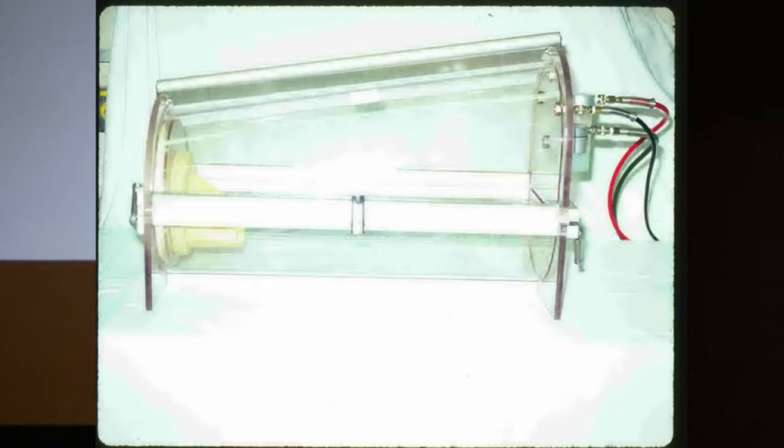I mentioned very briefly earlier about the limb chamber. The reason that we say hyperbaric is when the whole body goes inside the hyperbaric environment. This is called a limb chamber. People would put their arms in there, put their legs in there, and they would increase oxygen around it. They would call it hyperbaric medicine. It's called topical oxygen. You don't get the diffusion of oxygen that you would